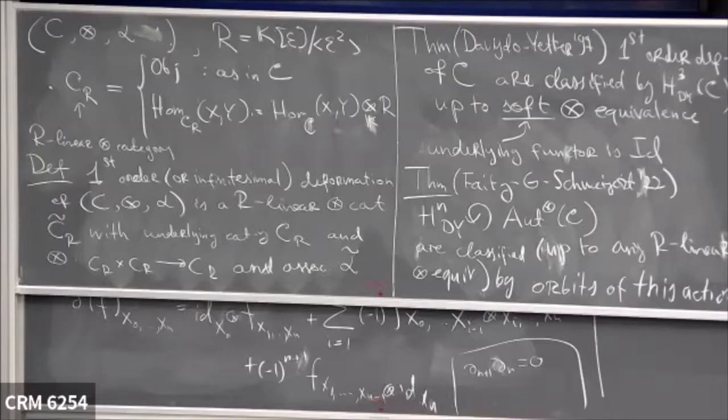But I would like to do classifications up to any linear equivalence, and the action. I mean, the variety of orbits tells you what the deformations are. And we are going to study this variety of orbits. And in the case of small quantum groups, they're interesting varieties. But let me give you an example of